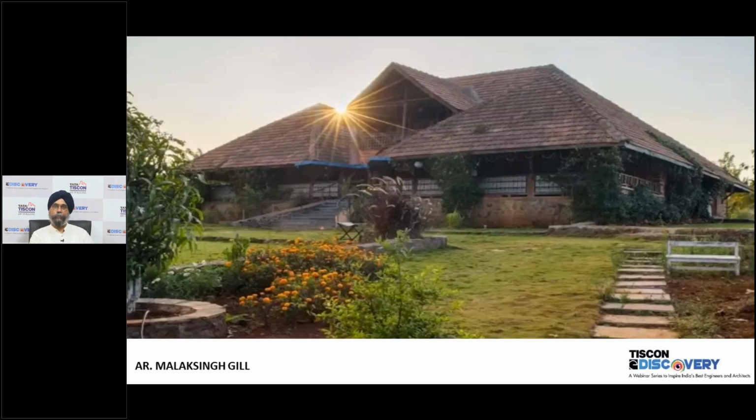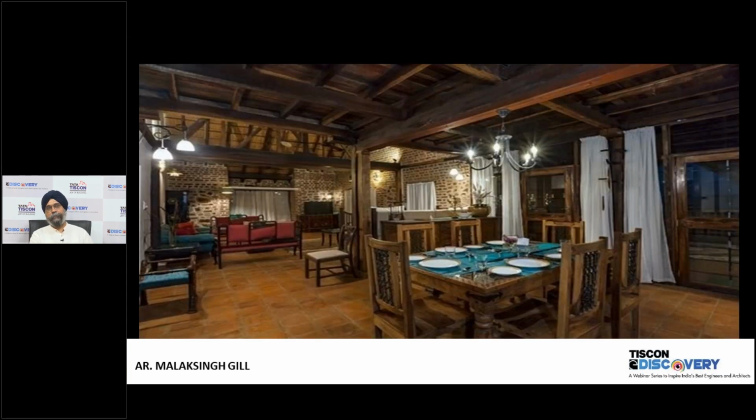This is how the building looks from the other side. It faces a river, so this is an entire veranda which faces the river. This is the space from the inside. You can see it is made in timber. The first floor is also in timber, the roof is in timber, and we have used terracotta tiles